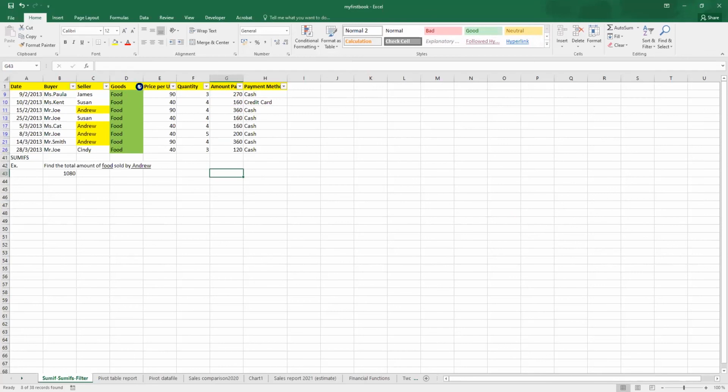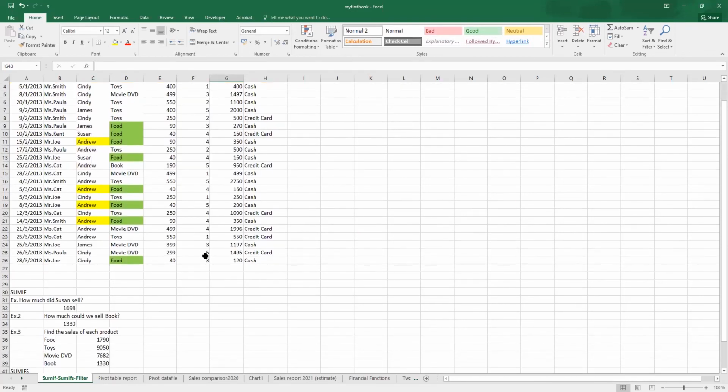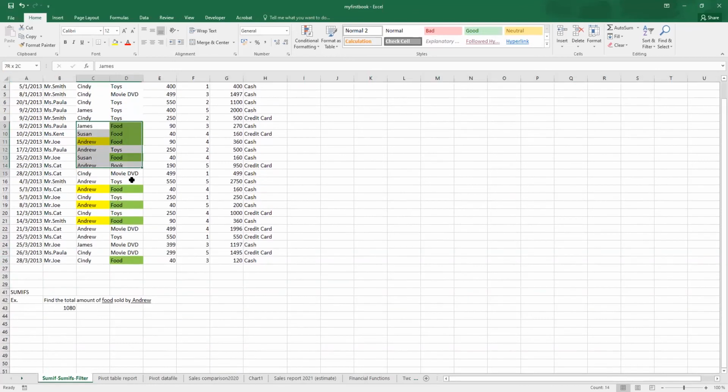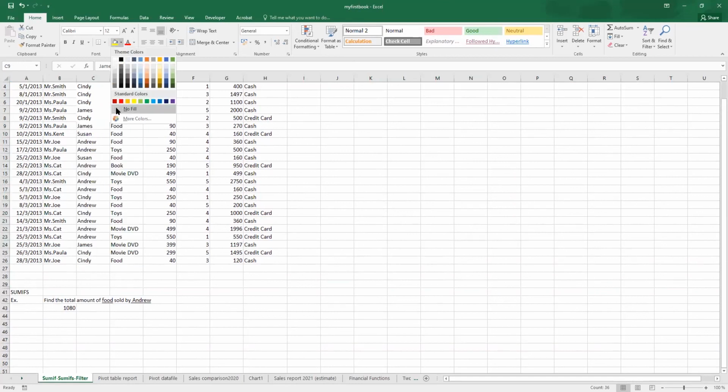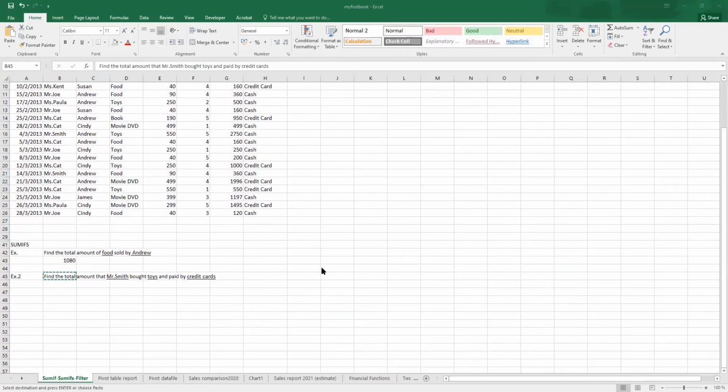Okay, so in this example, do you have any questions for the example of SUMIFS? Right, okay, if you don't have any questions, I will let you do this second example by yourself. I want you to find